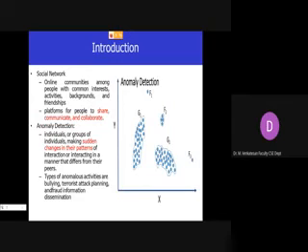I repeat, individuals or a group of people changing their patterns of interaction, the way they are behaving with us, or interacting in a manner that differs from their peers. That is called an anomaly in a social network. Examples are bullying, terrorist attack planning, and fraud information dissemination. This comes under anomaly detection.